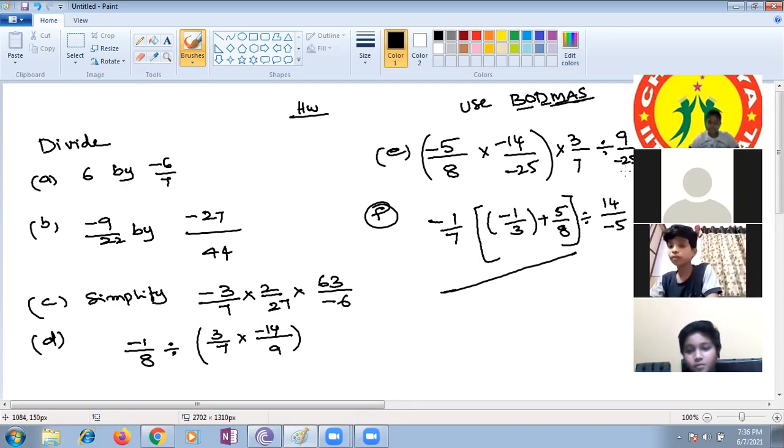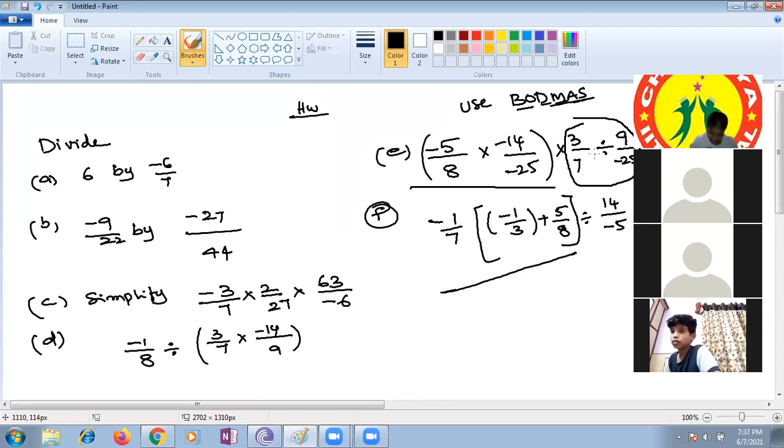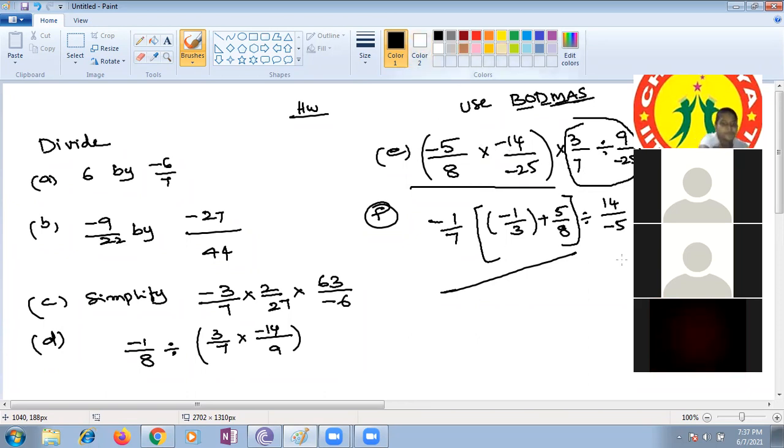Ma'am, how should we solve E1? Okay, in that you have to solve the bracket first. This part you should solve. Then you have to do this part. Whatever you are getting first and second, then you need to multiply both. You should multiply both. Question is only bigger, but the procedure is very similar. Yes, I can see two participants have raised their hands.